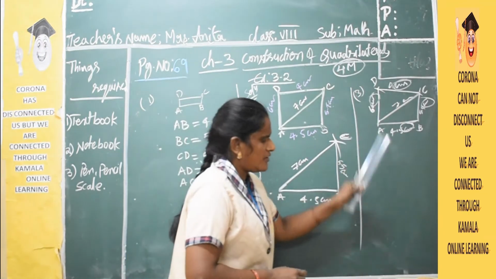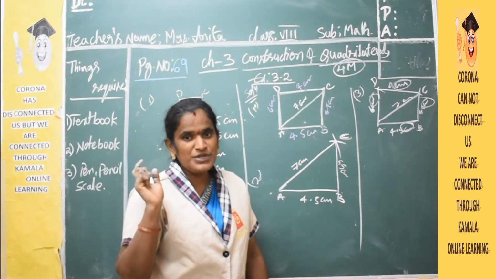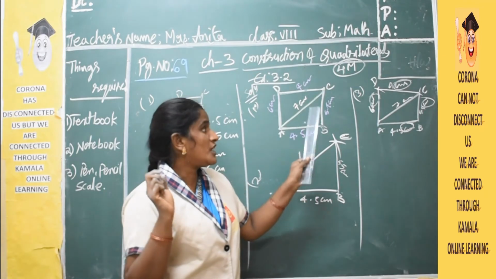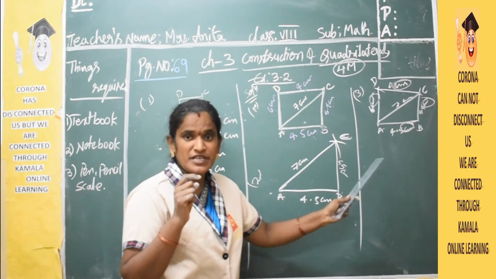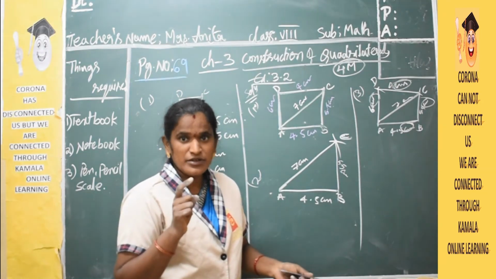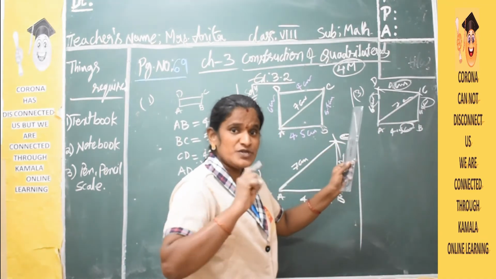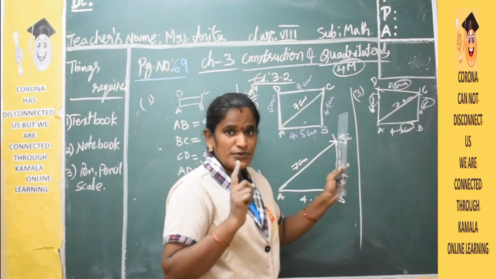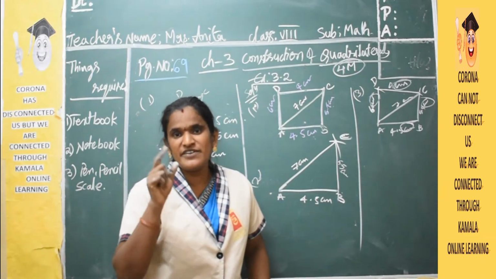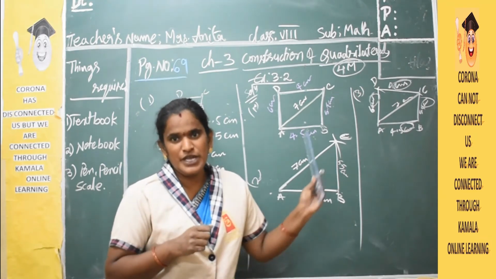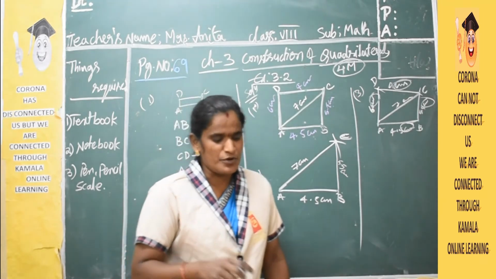Last, our conclusion is there. For the conclusion, half mark. How will they decide, understood, children? Rough sketch for 1 mark. For the construction steps, 1.5 marks, so 2.5. Next, if you do not mention the units, they will reduce 1 mark, so I said 3.5. Next, our conclusion is there. For that, they will give half mark. Now 4 marks. Like that, you have to assume it and complete the remaining problems also.